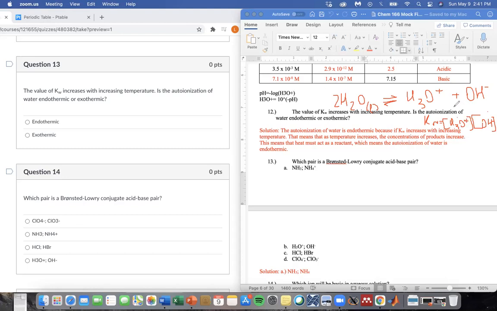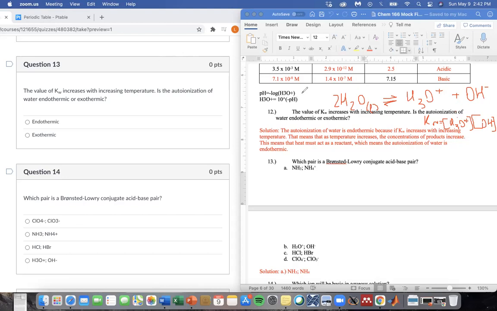Say you think it should be exothermic. If you were to increase the heat on this side, if it were exothermic, you can think of the heat as a product. So if you increase the heat, it would push the reaction towards the reactants, which means the Kw would decrease because it would produce more water and these concentrations would decrease. But if you think of it as an endothermic reaction and you think of heat as a reactant,